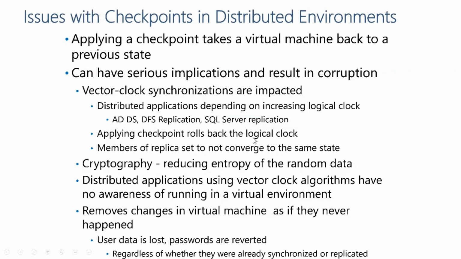Applying checkpoints rolls back the logical clock. Members of the replica set are not converged at the same state. So who is right? You get me? Just like when you have an argument with two people, if both of them think they're right, no one wants to give in. There's problems, isn't it? So with cryptography as well, cryptography is obviously creating encryption based on keys